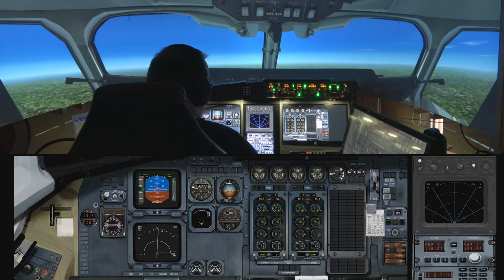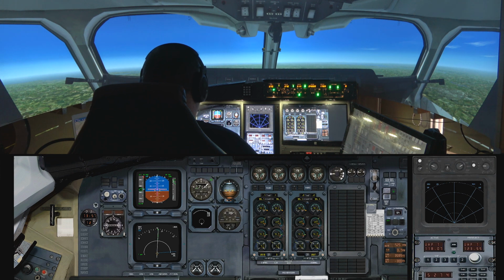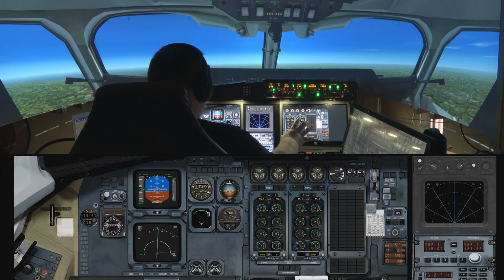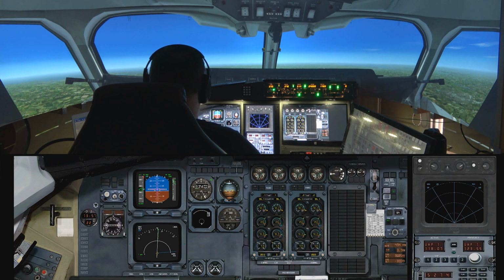I said I've been doing some work on the hardware, and indeed I have, so I can tell you a bit about that. The main instrument panel used to be in two parts, you might recall. The left part had the G1000 PFD, the right part had the G1000 MFD, and then it had this Saitek switch panel underneath. I have replaced both of those with a single main instrument panel,